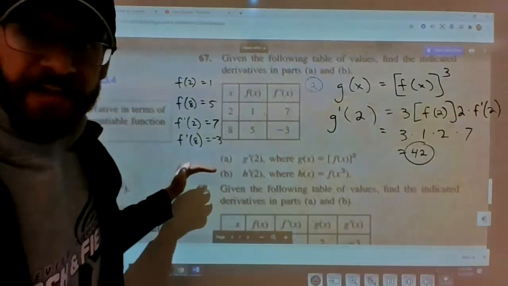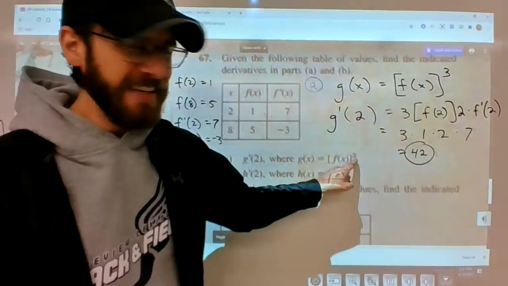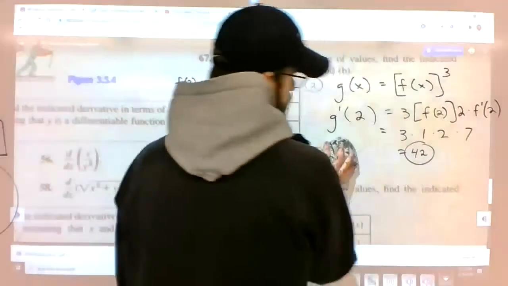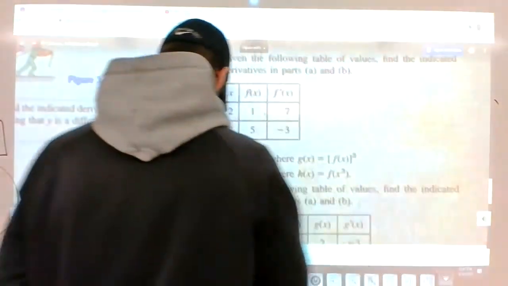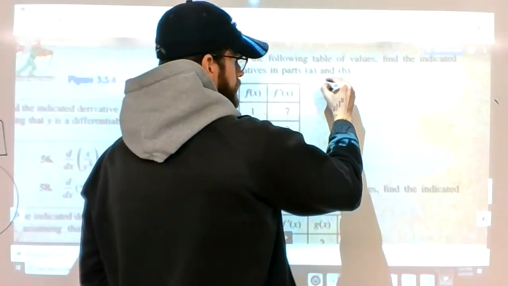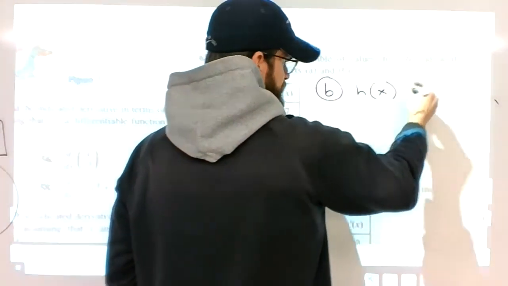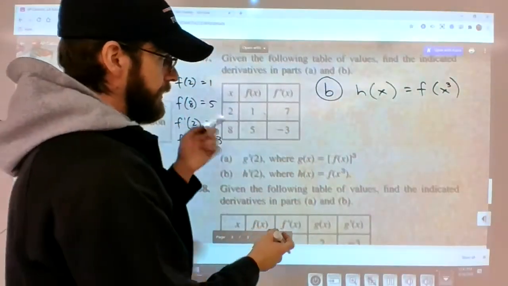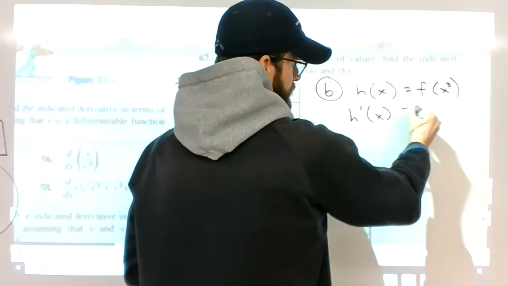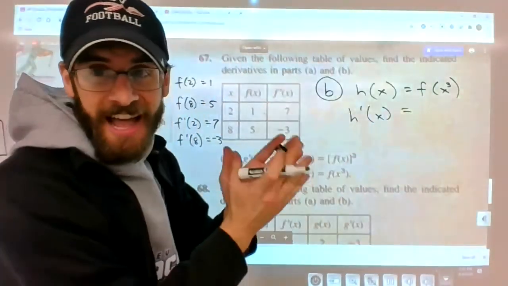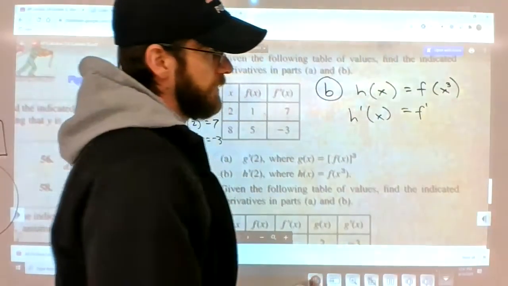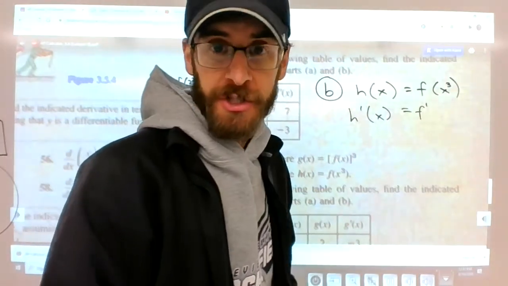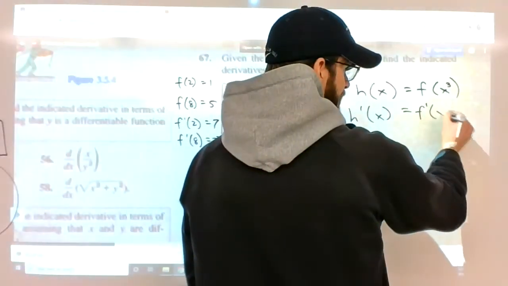Now this one is just to really illustrate the difference between cubing the entire function and just cubing the angle inside the function. So if h of x is f of x cubed, just the x, not the full thing, h prime is just going to be the derivative of f, whatever's put in place of, I call it the angle because that's what it is for trig, but it's kind of like the innermost function for any other. The innermost function has to be the same,